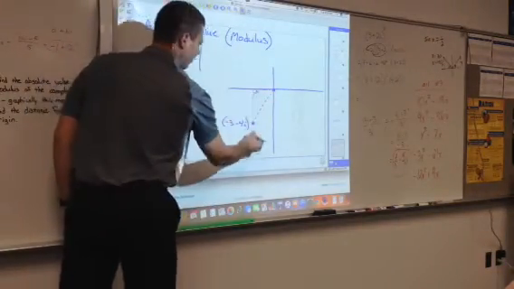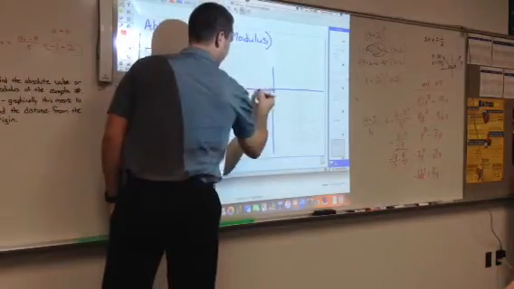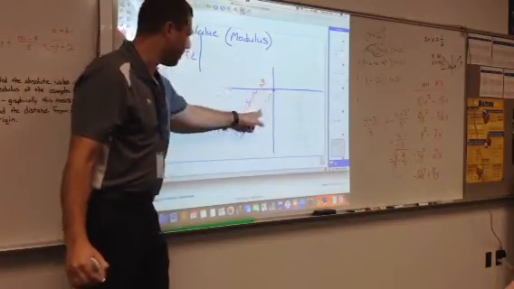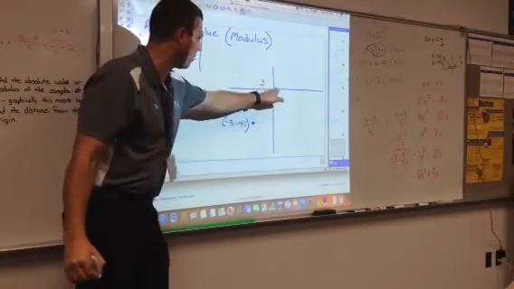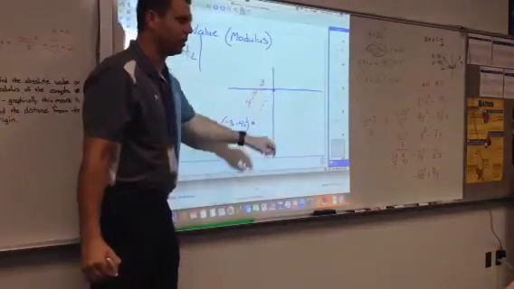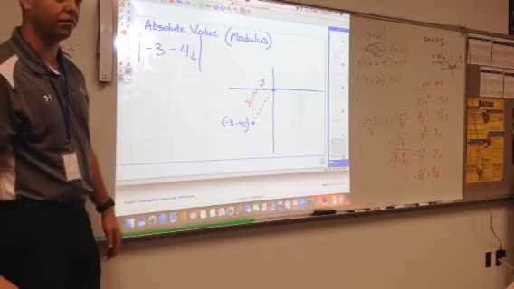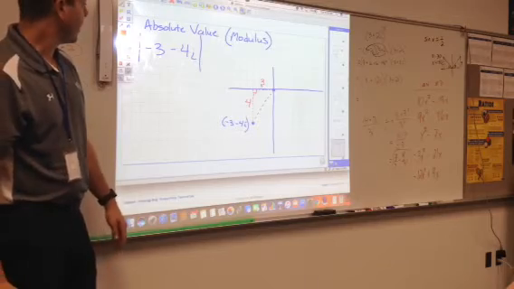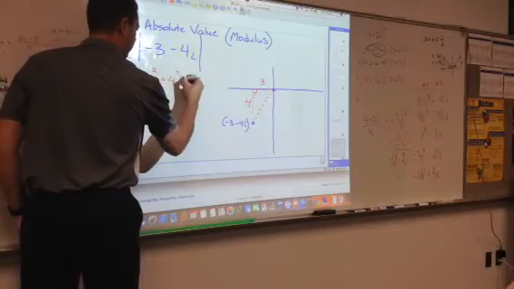We can count up and down. So that side of the right triangle is 4 units long. This side of the right triangle is 3 units long. And in order for us to figure out the hypotenuse, which is what we want to know, we want to know how far away are these two coordinates from one another. All you have to do is a squared plus b squared equals c squared. Some of you remembered a 3, 4, 5 right triangle. That's awesome. Some of you just know the answer is 5 already. For those of you that don't, you would just set up 3 squared plus 4 squared equals